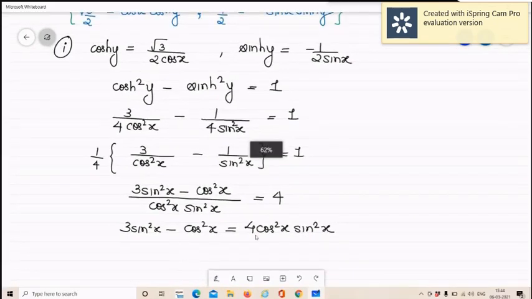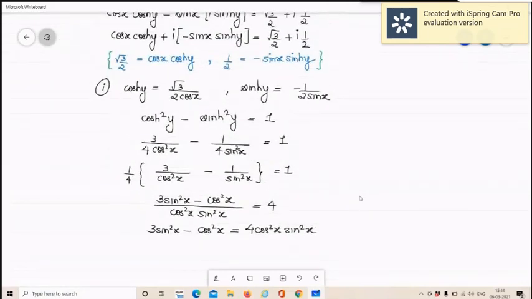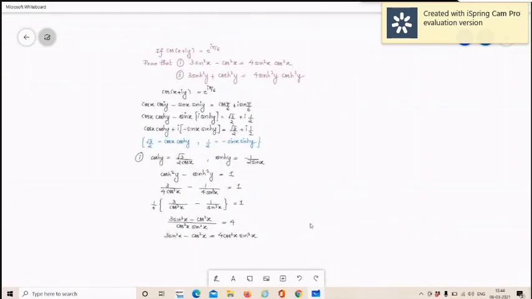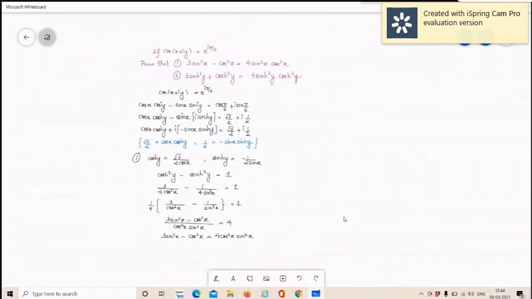I just zoom out and you tell me, did we get the first required result? Yes, ma'am. Did we do anything extra? We didn't do anything extra. I just compared, took my real and imaginary part. But the major question is, what is missing in the first part? Y is missing. Y is with hyperbolic. So I am supposed to eliminate hyperbolic. Is that clear?